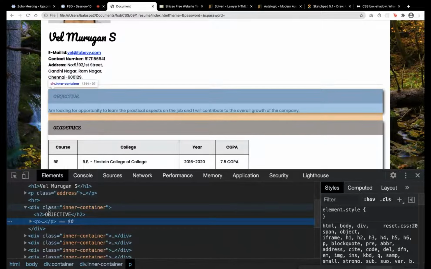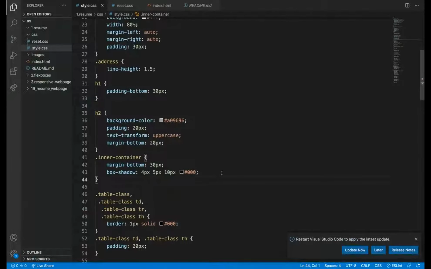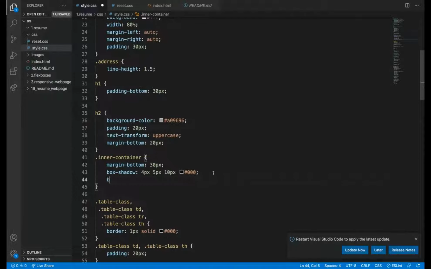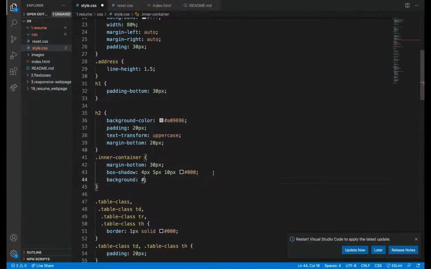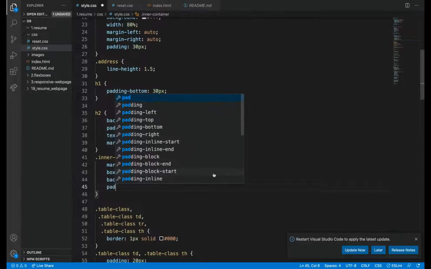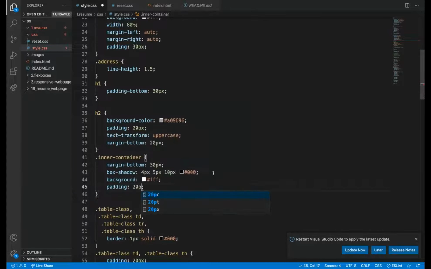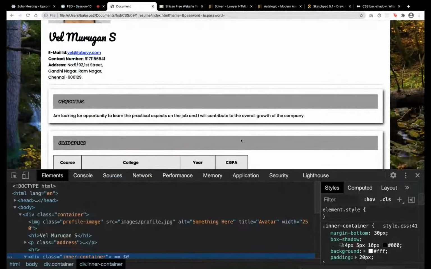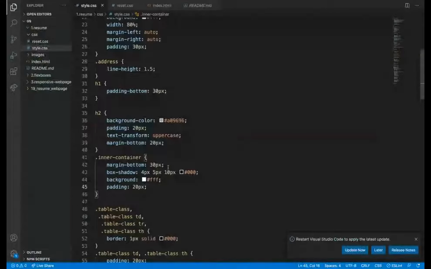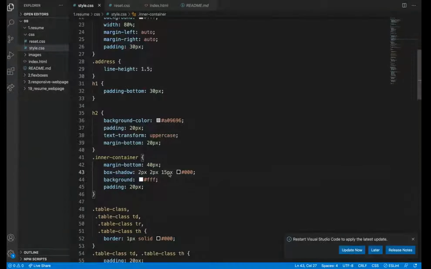So first I'll give a background of white, then padding of 20 pixel. The bottom I can increase, and then box shadow I can decrease a little bit.